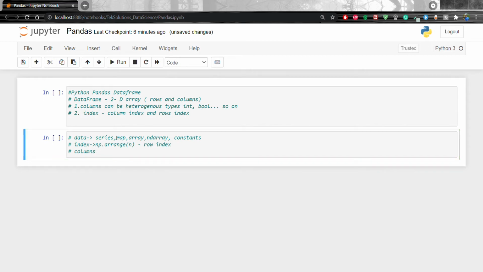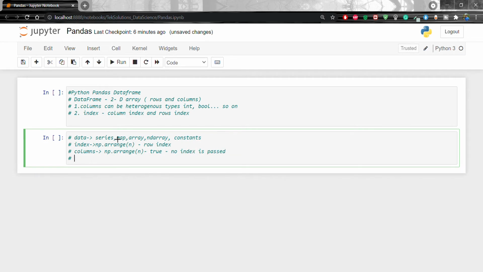The default syntax is np.arange, the same, for the column labels. It will show true if no index is going to be passed. No index is passed, right.